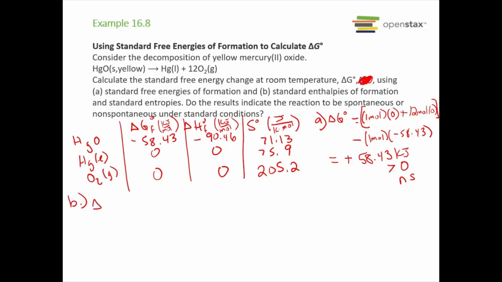So let's start with our delta H standard term. So we have products minus reactants. So that tells us for our products we have 1 mole of mercury times its delta HF, which is 0, plus 1/2 mole